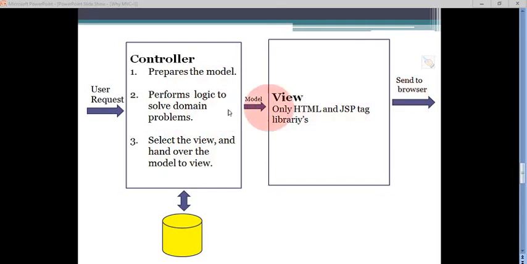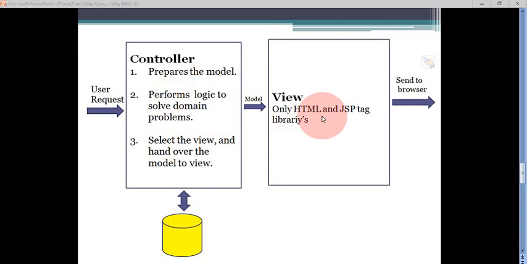So there is a separation between the HTML and your Java code. Now this view is free from any Java code, because all of the logic to solve the domain problems is put in the controller. Now, as we can see, our views have become thin.